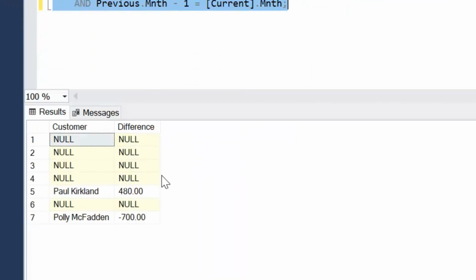And if we have a look at that, we've only got 2 customers that spent money in both months,